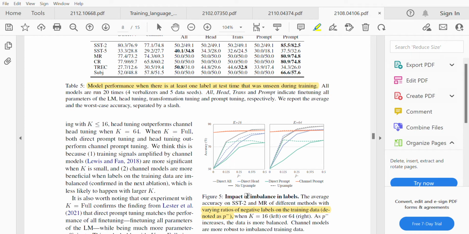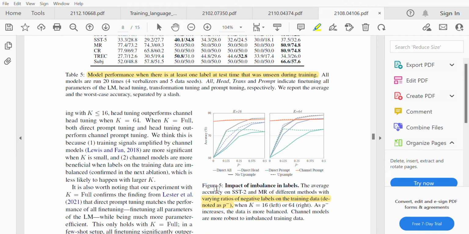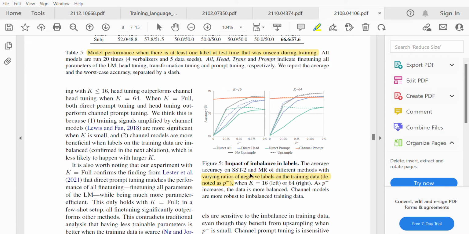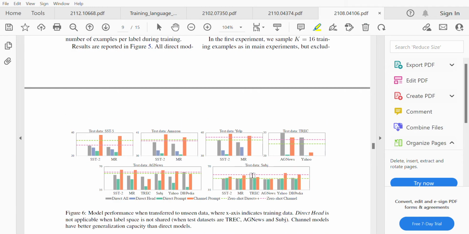I definitely want to understand more about the details of how this works with respect to the conditional probability that they're generating via Bayes. But yeah, I think this is the main value here: imbalanced data sets. Obviously, you could upsample your negative labels, but if you can't do that, this method works really well, and that's the main value here. They also show model performance when transferred to unseen data, and this again is really driving